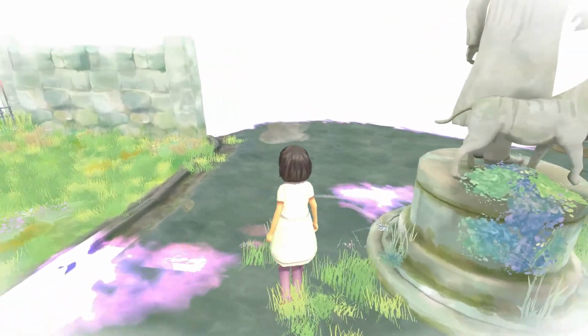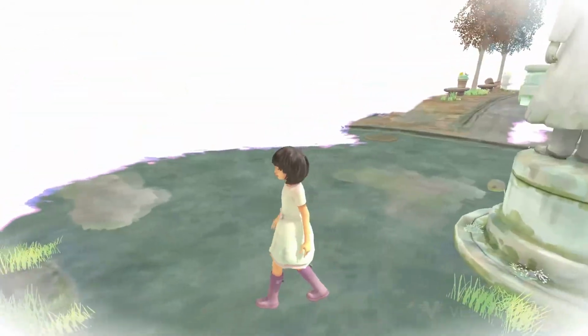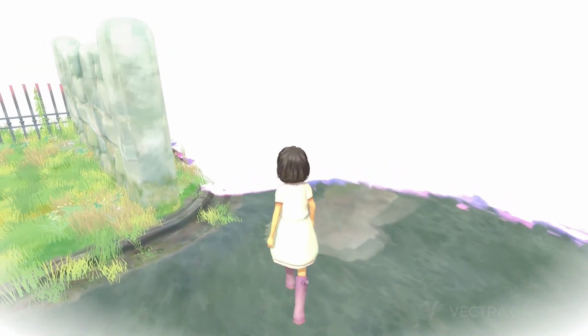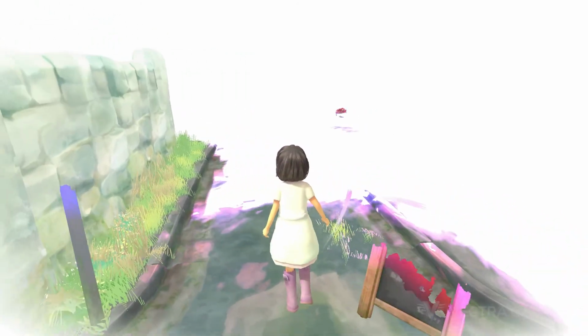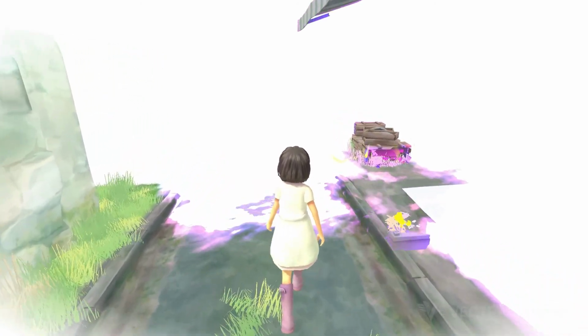So once this stuff's revealed, that will stay revealed for the remainder of this level, or the chapter. When you start a new chapter, you'll get a load screen, and then you'll start again from a blank canvas, and you start all over. Okay, so